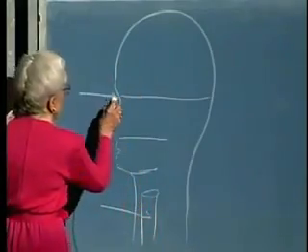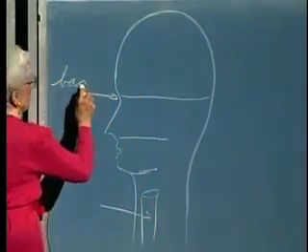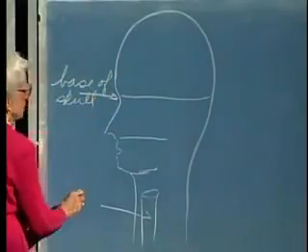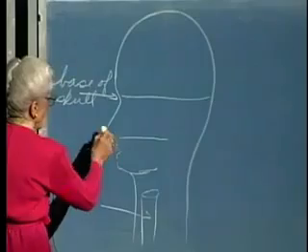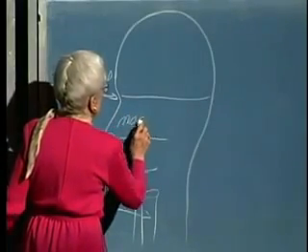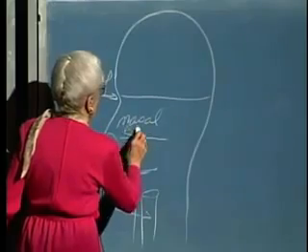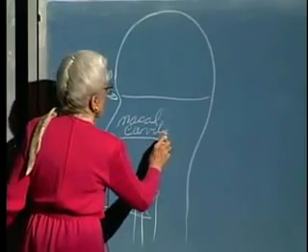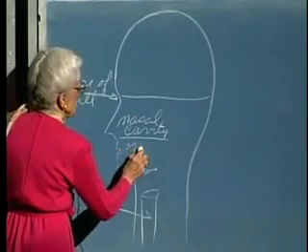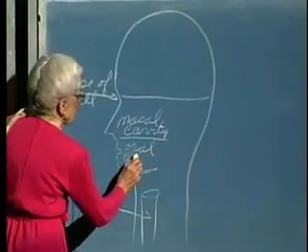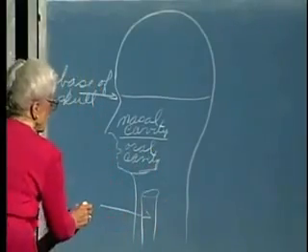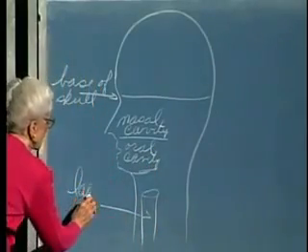So this is base of skull. And that would make this our nasal cavity. And this would be our oral cavity. And this would be our larynx,